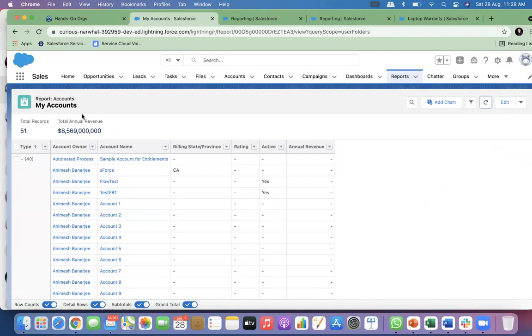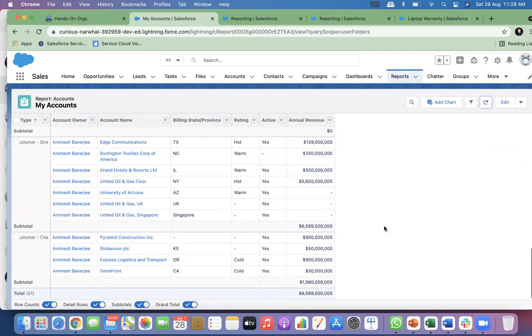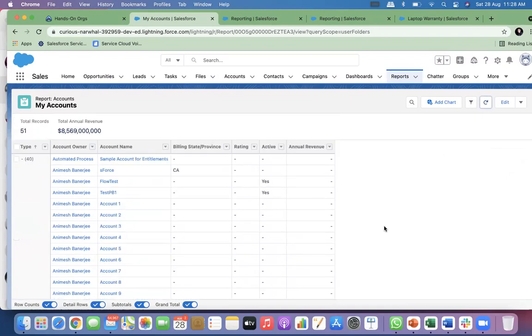Like new accounts got created right now, it will come into any of these brackets. I don't need to click on run. Just if I subscribe, suppose on a daily basis, it will automatically run the report, take a snapshot of that report and send it to me on email. It will have an attachment of CSV, if I remember correctly. You can test that. I don't remember.